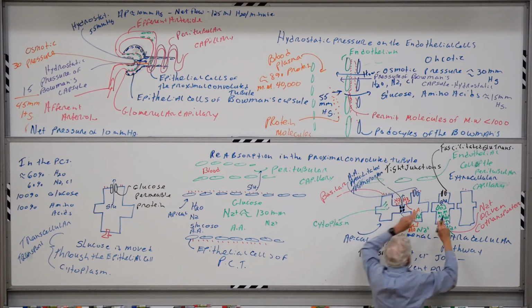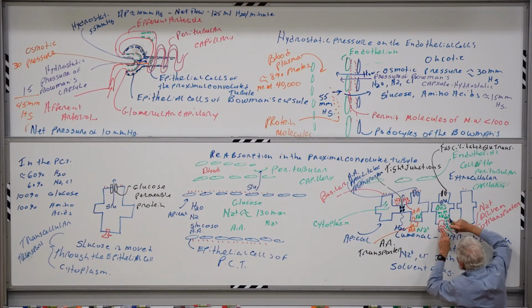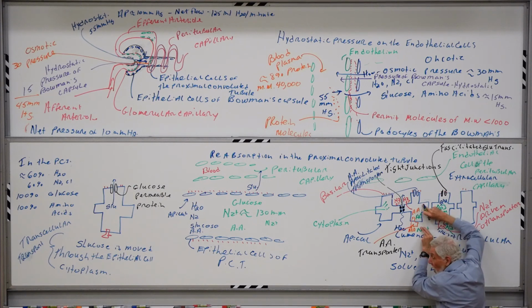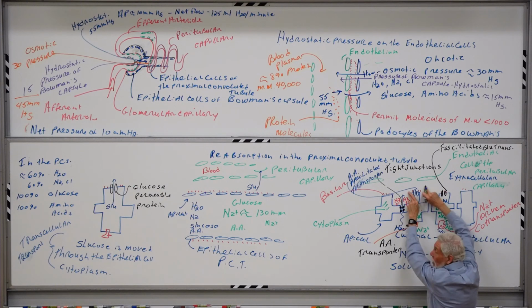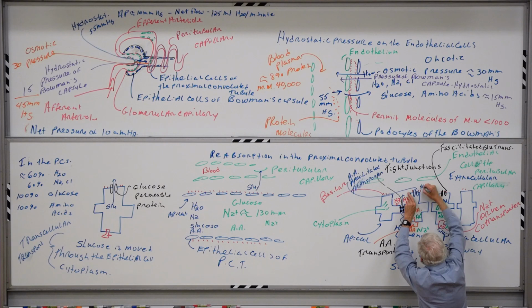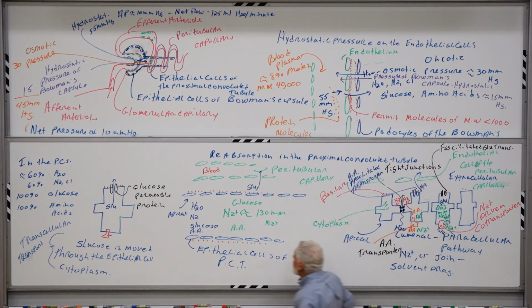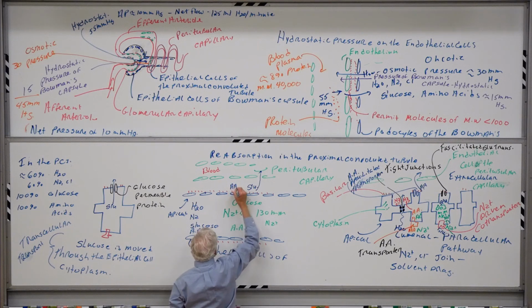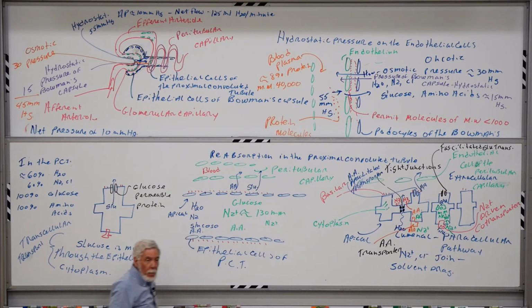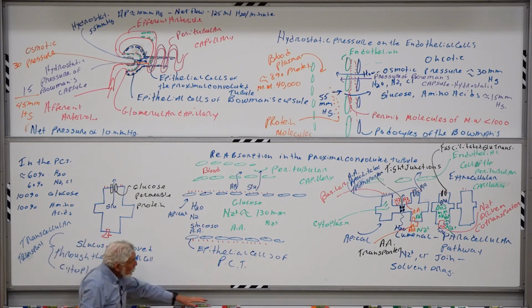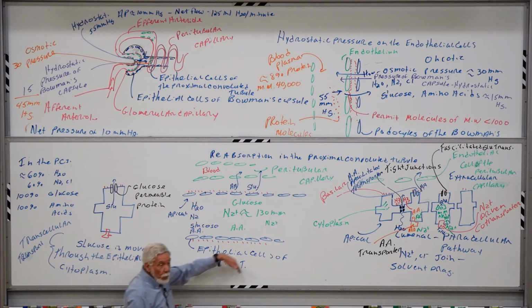So now what we've done is we've moved the amino acid in this transcellular fashion out into the extracellular space so that the amino acids too could be taken up back across the endothelium and back into the blood. So we use these very similar transporters, one dedicated to glucose and one dedicated to amino acids, for this transport